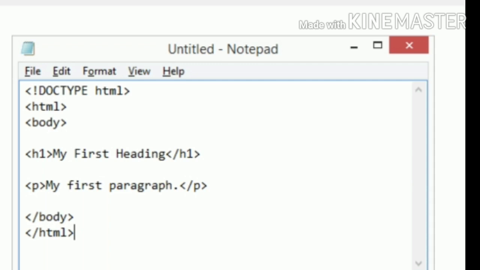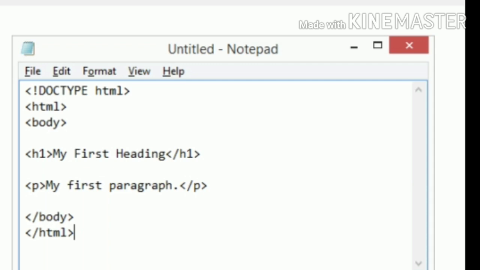After that there is the opening p tag, my first paragraph, and the closing p tag. Then the closing body tag, less than slash body greater than, and the closing html tag, slash html. This is how it is displayed in Notepad.